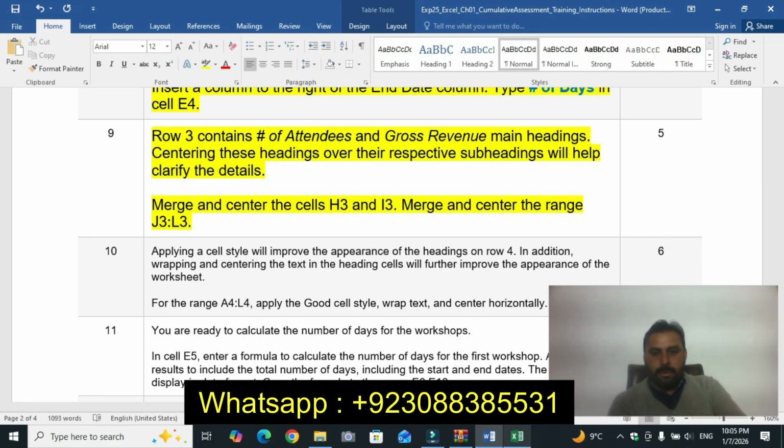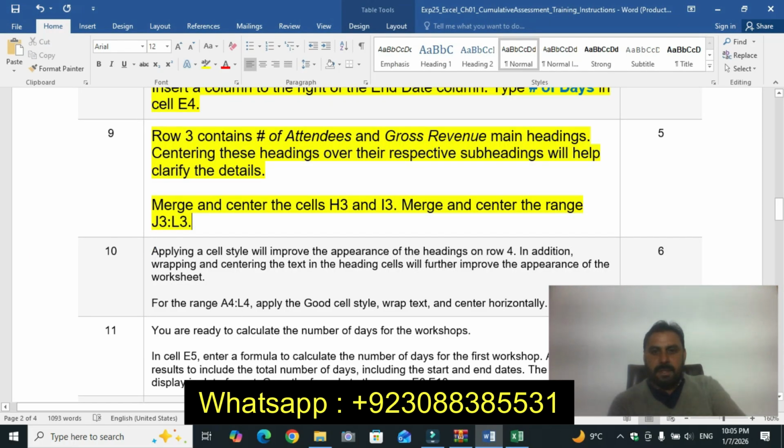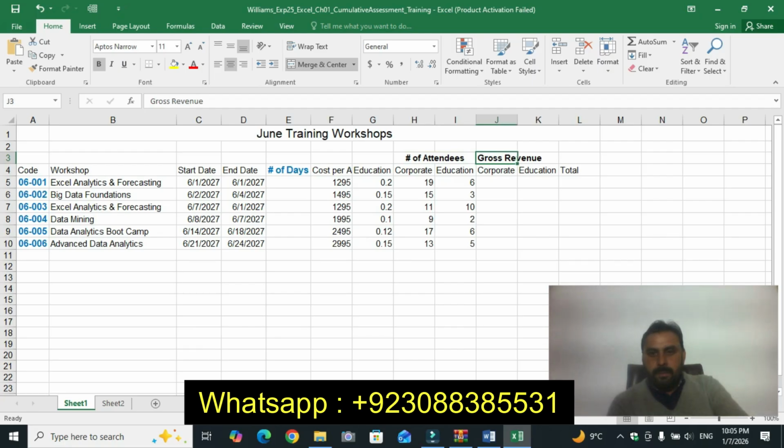Okay. Merge and center the range J3 to L3, Gross Revenue. Okay, merge and center.